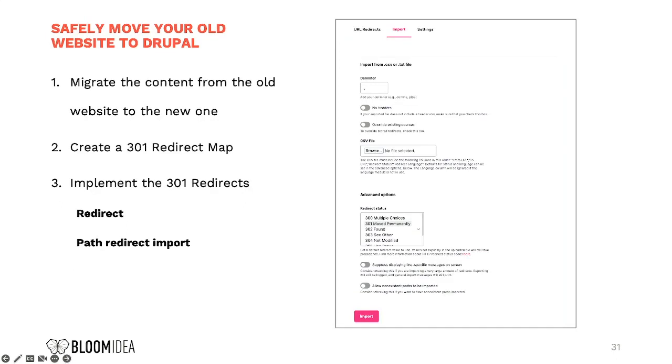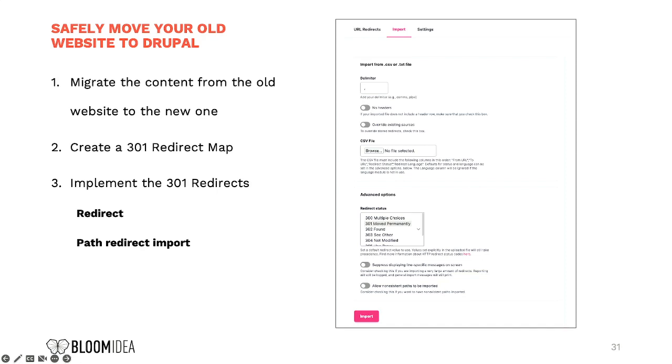When you need to move a site to Drupal, this is something very common. You have a new project, the customer was using WordPress and now you want to build it using Drupal. The most important thing that you can't forget is that you need to be sure that the URLs are not lost, okay? So you don't lose the SEO rankings the site had before, okay? So you need to guarantee that all your URLs on the old site have a mapping to the new site.